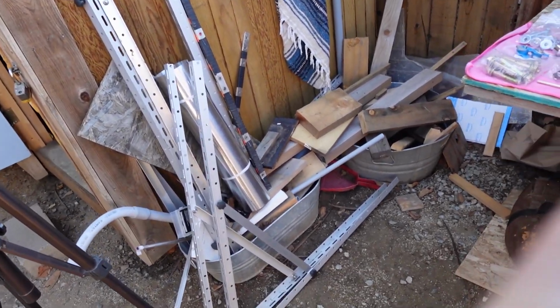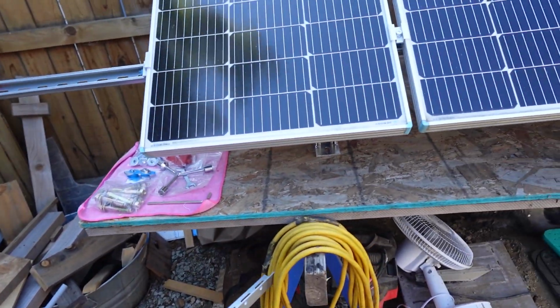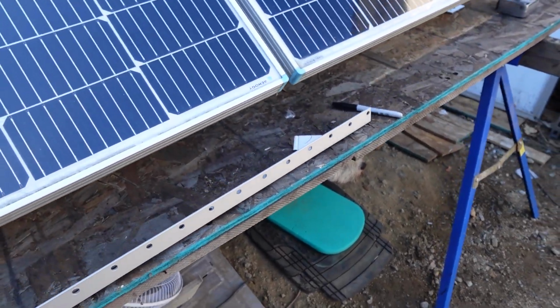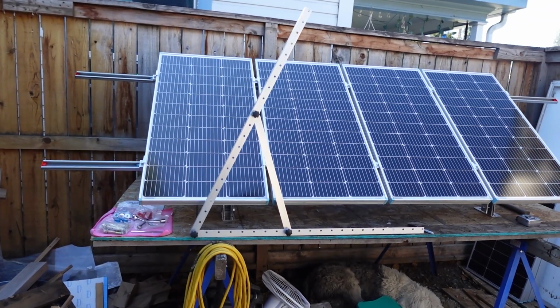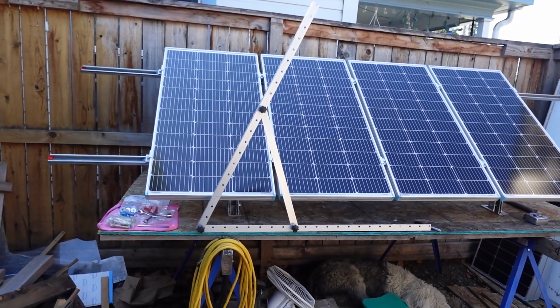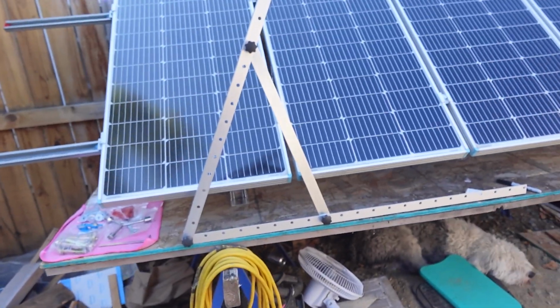Anywho, compared to another set of brackets made for a different reason, these are Eco-Worthy brackets also. Let's get these set up here. So the adjustable brackets there in front, you see it with the aluminum angle iron and the little arm. Those are also Eco-Worthy. Great price, great little bracket. I'll include a link for a system I had set up prior to the one I have now using those brackets. It worked really well. I can't argue with it. Yeah, anyway,